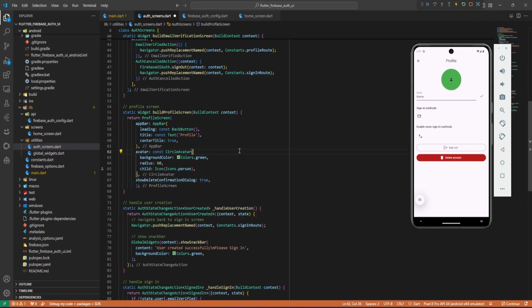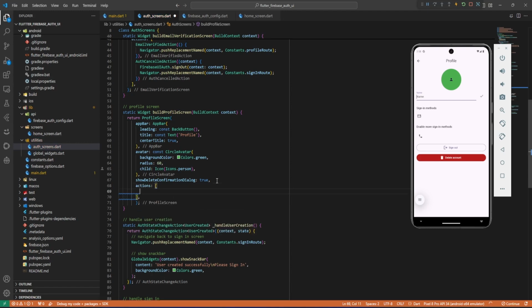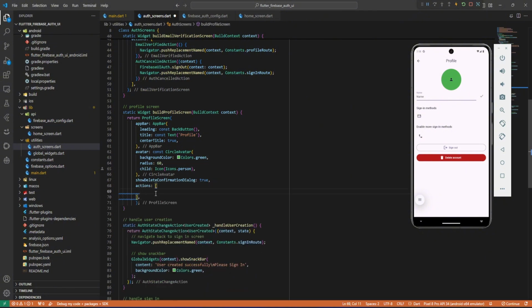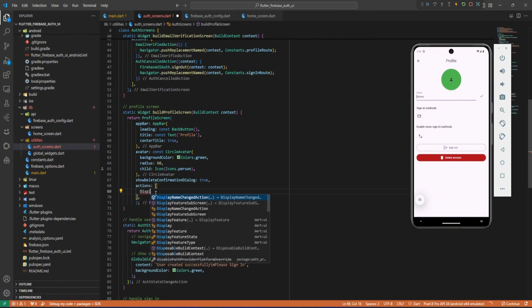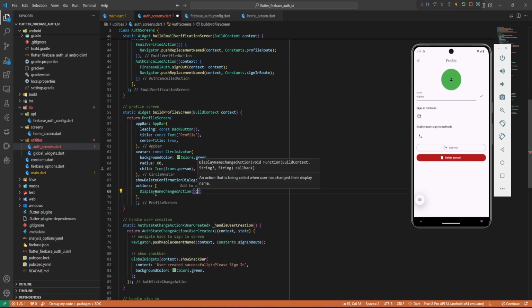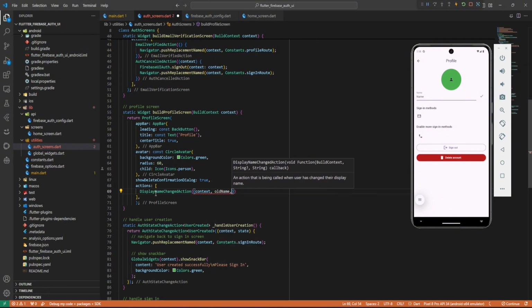And then what else can I show you about this? So let's go to the actions. Okay, so in the actions here, we want to access this name. Okay, so you can see that already it's giving a suggestion, but what we want is a display name. Okay, display name changed action callback. Okay, so this we are going to have first a context, and then we're going to have an old name, and then we're going to have a new name. Okay,